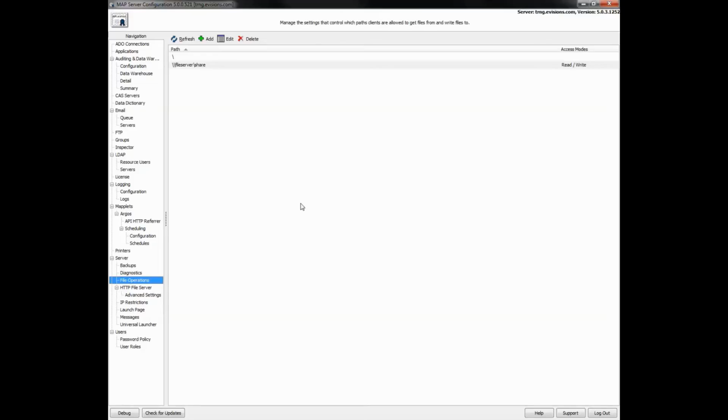Next, we'll cover the remaining MAPS options that are universal. These settings will cover MAPS and the applications across the board. I'll show you auditing and data warehouse, CAS, inspector, logging, maplets, and the server options, which are backups, diagnostics, HTTP file server, IP restrictions, launch page, messages, and the universal launcher. First, we have